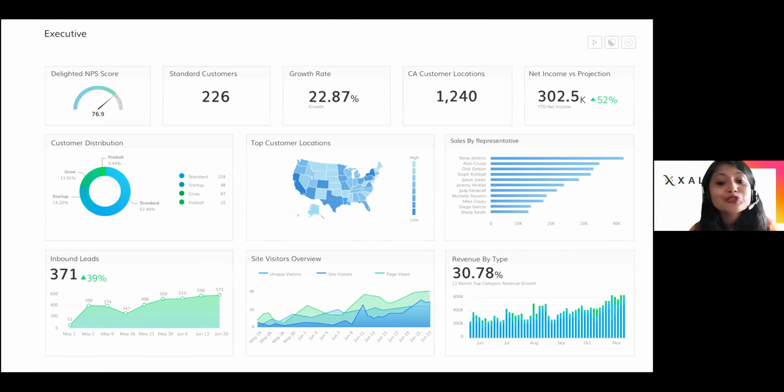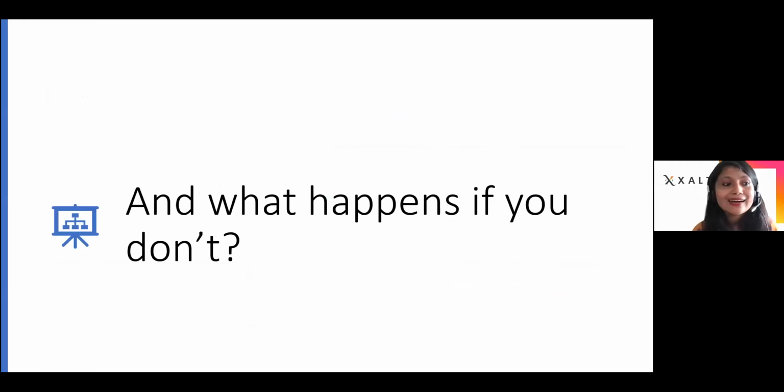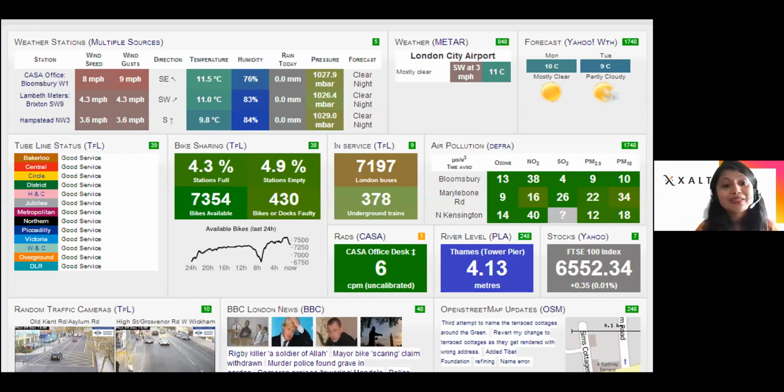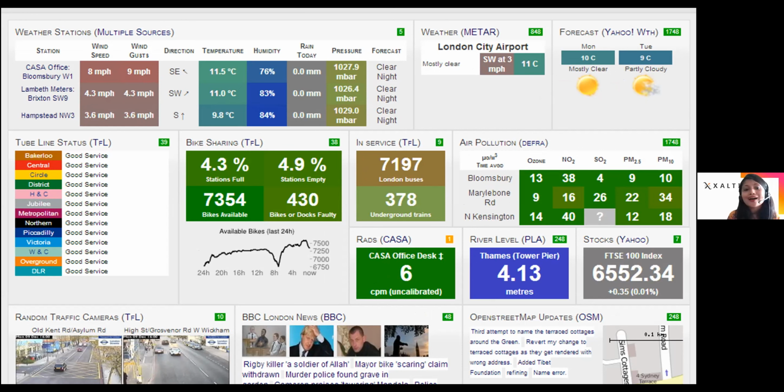And what happens if you don't know how Power BI performs and what the different components of Power BI are and how to use them? Then probably you end up creating something like this, which is cluttered, too messy with lots of information. The color formatting doesn't really make any sense. And we don't want to disappoint our stakeholders by creating something like this, right? So we must learn Power BI in order to create something beautiful that adds a lot of value to your business as well.